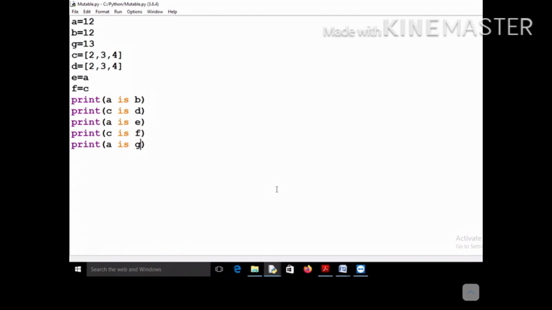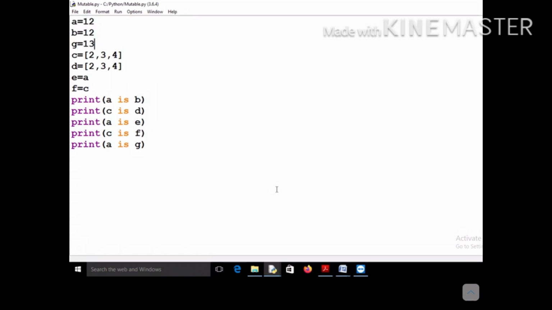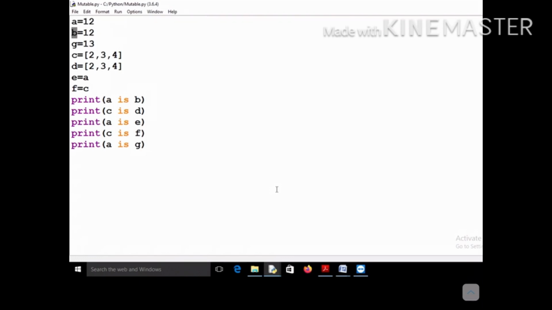This will conclude everything we have learned today, so that's why I'm giving you this program. Here I am asking whether the address of a and b is the same or not. Both a and b are storing the same value, and I told you that integers are fundamental data types that support object reusability. So if you declare two integers with the same value, their addresses will be the same, so the output of a is b will be true.